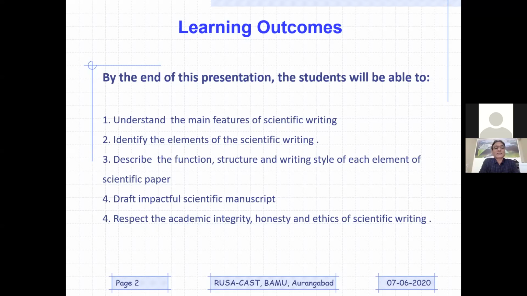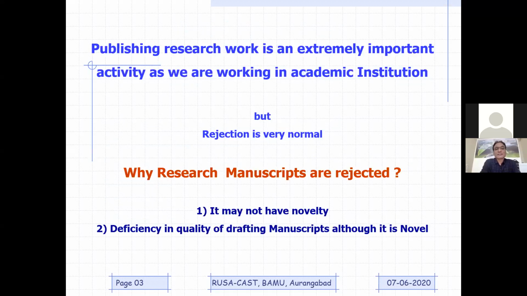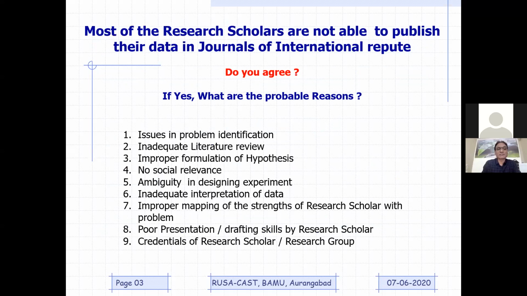So what does it mean? It means that I'm going to cover all these aspects, and I do believe that you will be able to earn all those skills. These are going to be the learning outcomes of today's presentation. Yesterday we already talked about this, so I'm not going to discuss this slide because we already started and I don't want to waste time on it. Similarly, we have also discussed